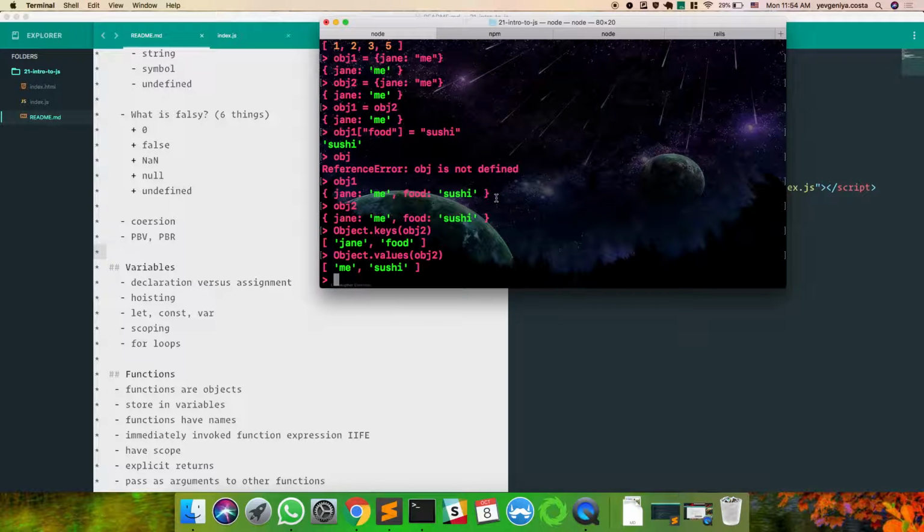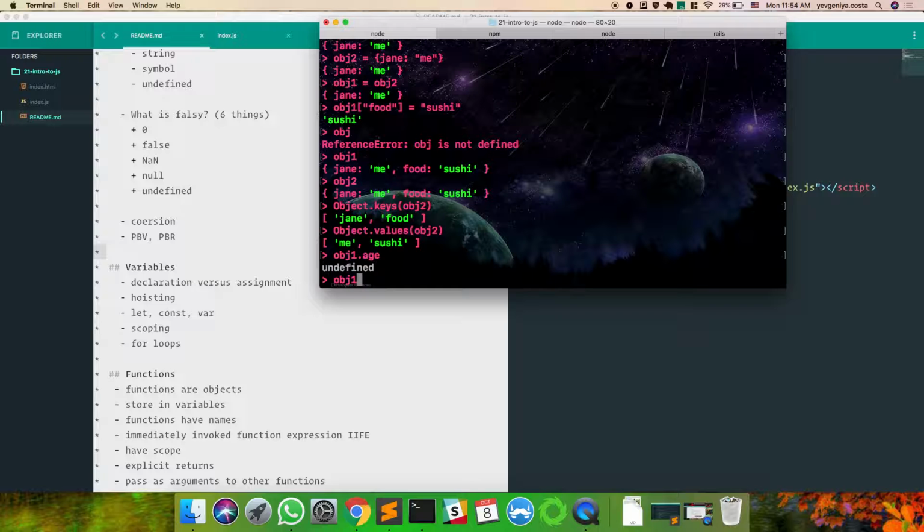So I have obj1. I want to check if there's a property called age inside of obj1. It's very similar to the way you would do it in Ruby. Not include. Dot property. You can do it that way. I don't think you would want to do it with includes. I think that's more for arrays. So you can do dot notation to check a certain property. It's going to say undefined. Or you can literally do it the Ruby way, like that.